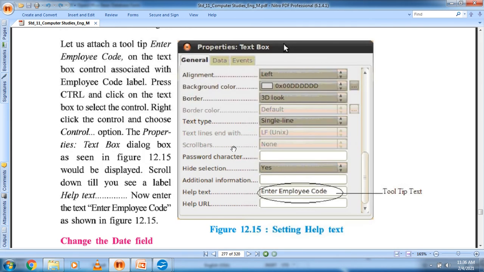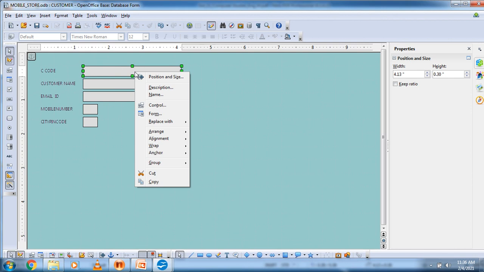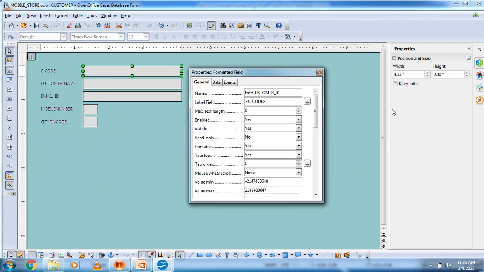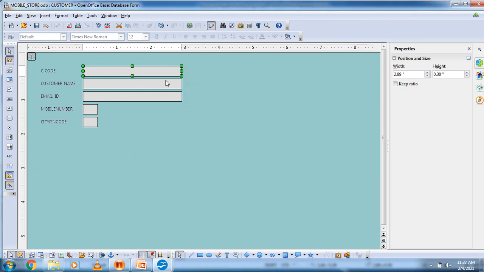So how to do this process? For that, again you have to select this text box, go to the control option, and inside that find the option named help text. In help text you have to write enter customer code, right?